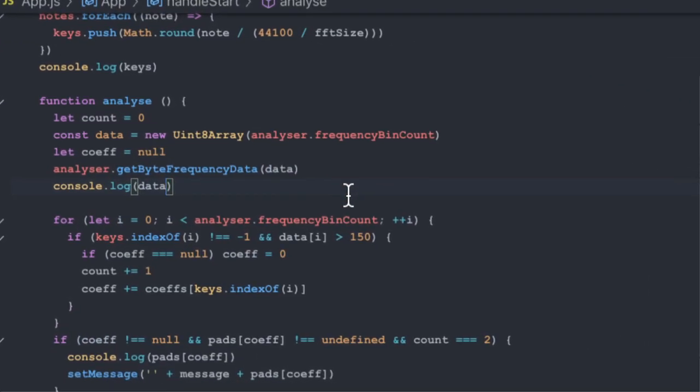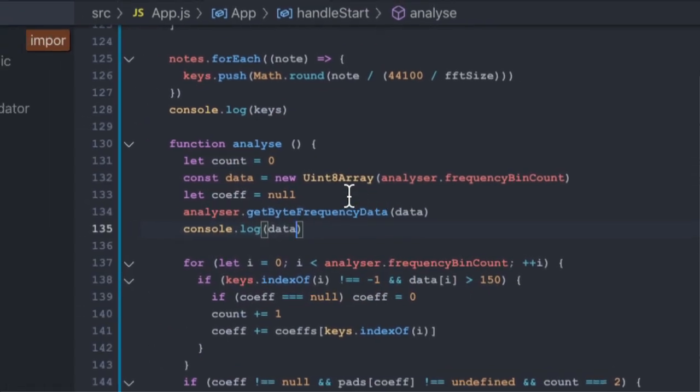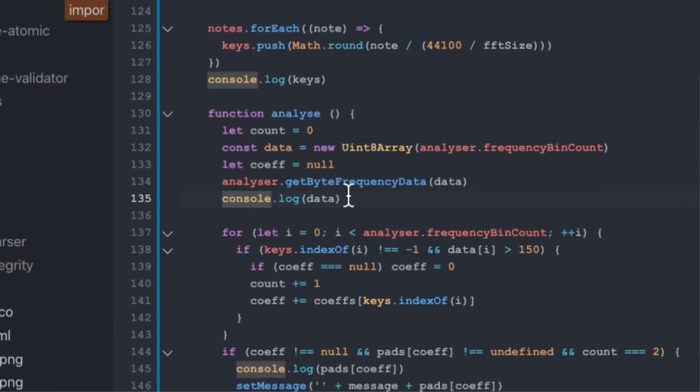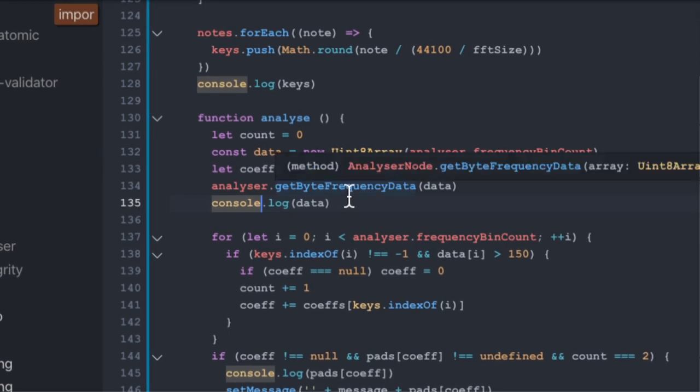Okay, so current frequency data into a uint8 array, right? So what I want to try to do here, now that we have this data inside of a buffer, 2048 data points inside of a buffer here, is